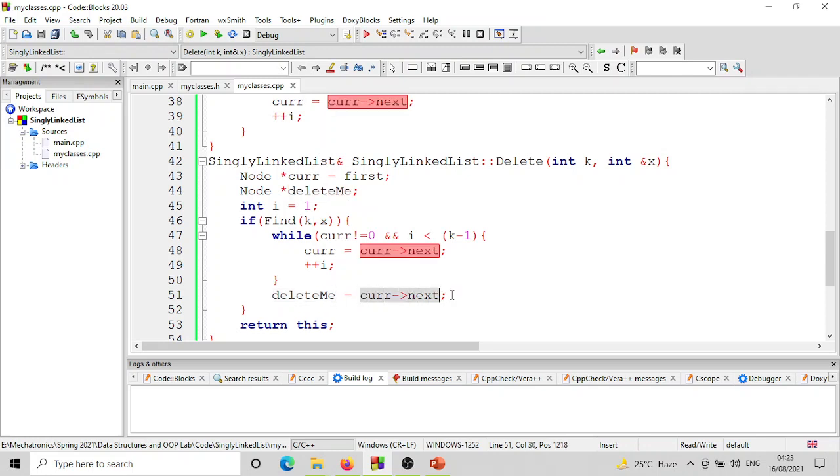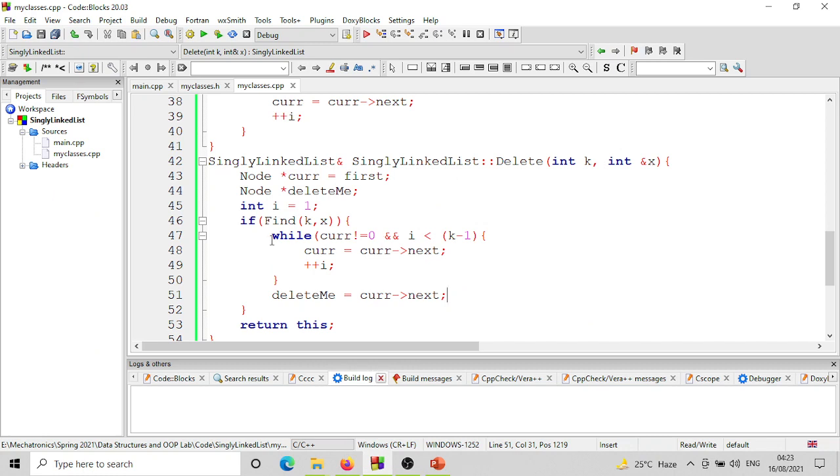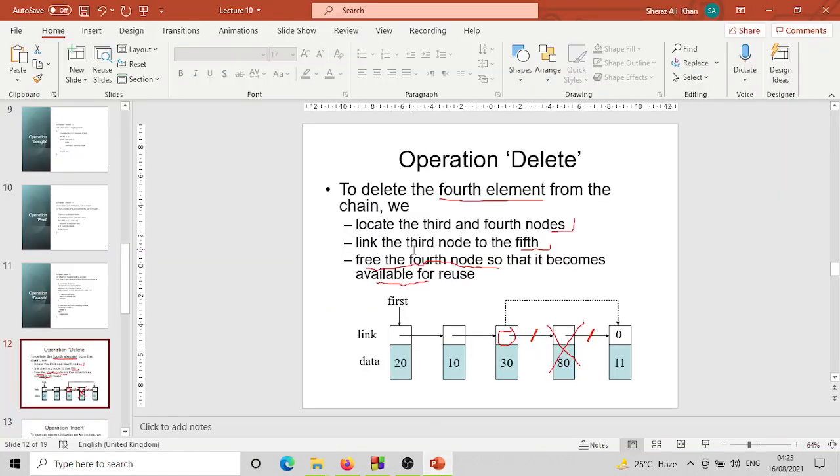अच्छा, तो किसी भी नोड को डिलीट करने के लिए हम पहले क्या करते हैं, लोकेट द थर्ड एंड फोर्थ नोड्स, locate the k minus first and kth nodes, so we have located that, this is the first thing that we do। so in this loop, this is what we did, we located the k minus first and kth node। k minus first node का एड्रेस करंट में पड़ा हुआ और kth node का एड्रेस करंट एरो नेक्स्ट में पड़ा हुआ, ठीक है।